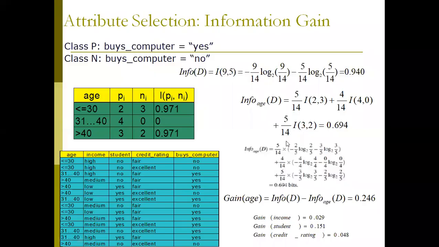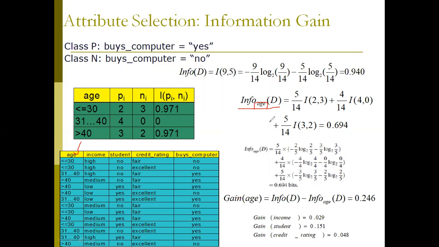So let us see what these values are within the table. Now I'm going to calculate the information gain for age. Which attribute have I selected first? I have selected this age attribute. Now I'm going to calculate the information gain for the age attribute, that is equal to 5 by 14. What is 5 here and what is 14? 4 by 14 and 5 by 14.